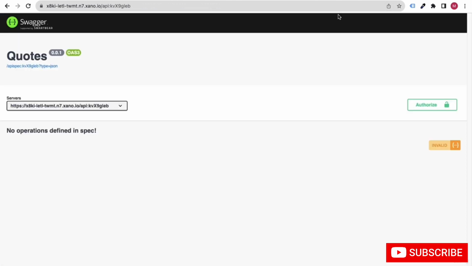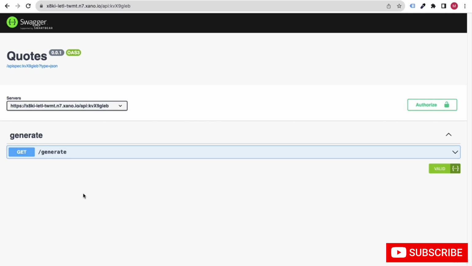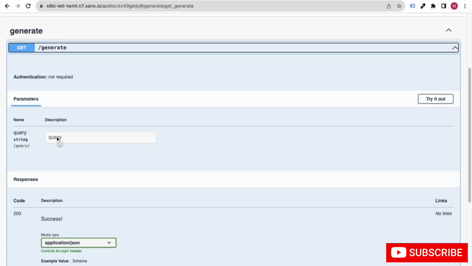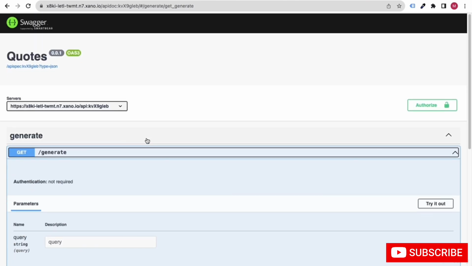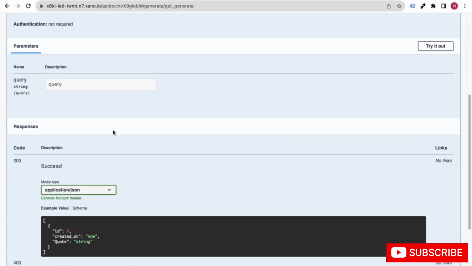And now let me refresh it. You can see that now we are getting all these documents over here. If you put any query, that means if a user puts any query, they will get the result, right? So that is how we have created one API, my friends. It's very simple and very easy to do. So this is how you can create